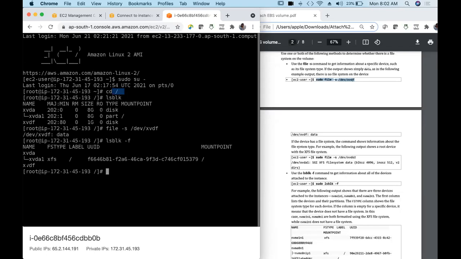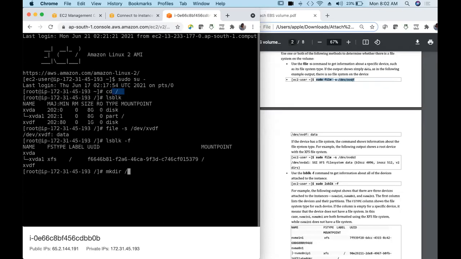I can choose any existing one, or I'll create one directory and call it a mount point. So let us make one directory, mkdir. Make directory, and then you can call it with any name. Name can be anything. And when you are creating the directory, / has to be there.